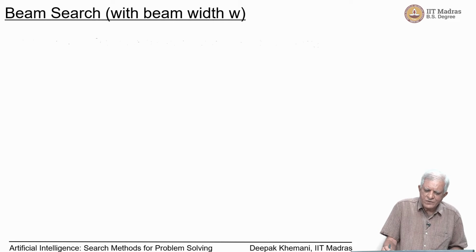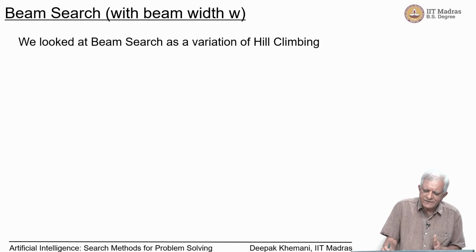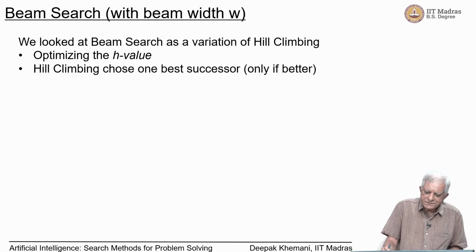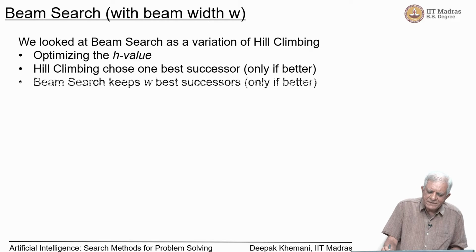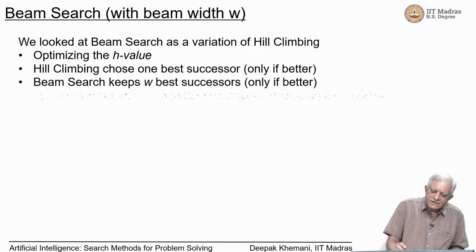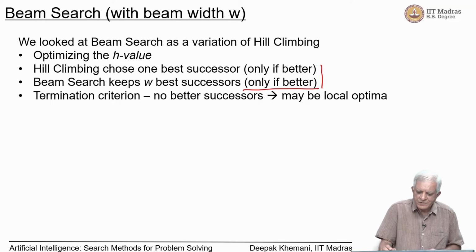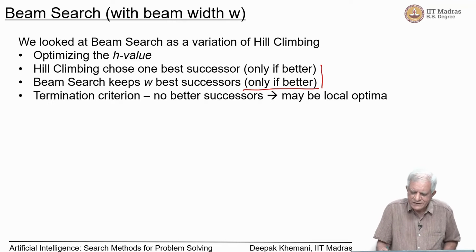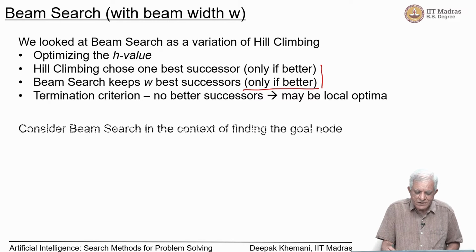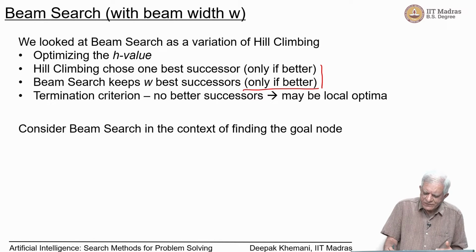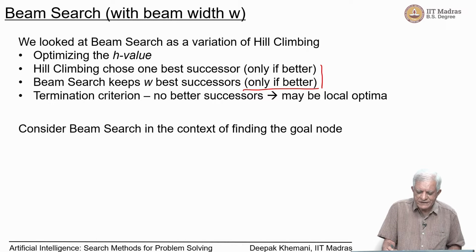And the simplest way to prune open is to use a beam search, with beam width W. We looked at beam search as a variation of hill climbing when we were optimizing the H value. The only difference was that in hill climbing, we said that choose the B best successors, but only if they were better, because we were trying to optimize the value. And the termination criteria at that point was that there are no better successors and you could get stuck in local optima. But in the context of finding a path to the goal node, which is what we are interested in,